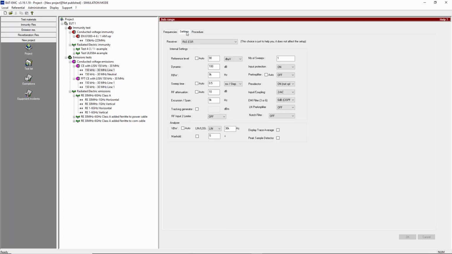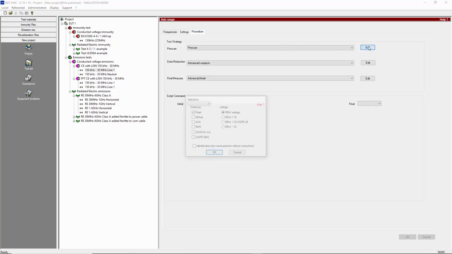If I go to settings, you can see all these parameters are captured and reflect what is in the standard, such as the resolution bandwidth of 9K, the measurement time or dwell time for the receiver of 0.5 milliseconds per step, and so on. The procedure tab will show that I'm only going to use the peak detector for my first